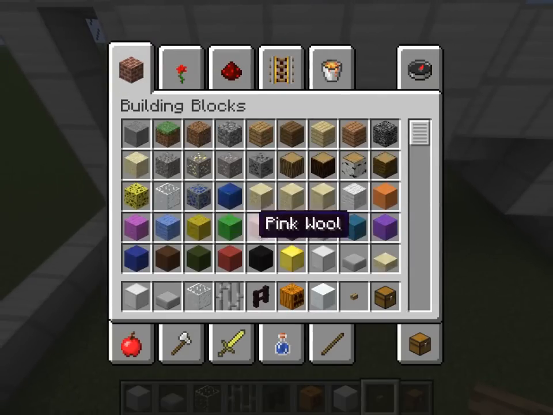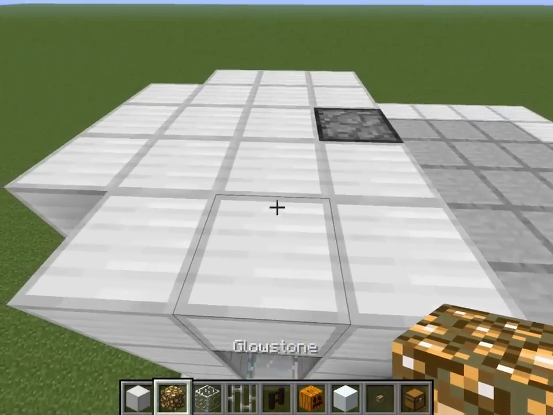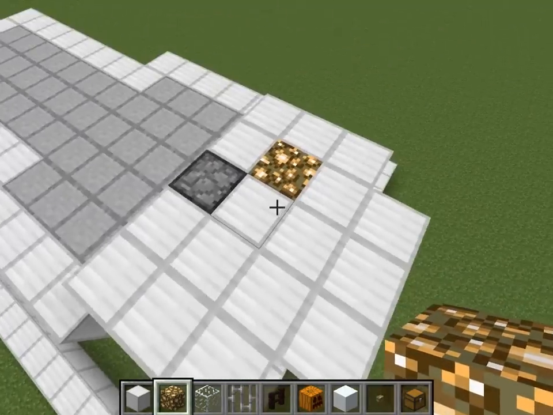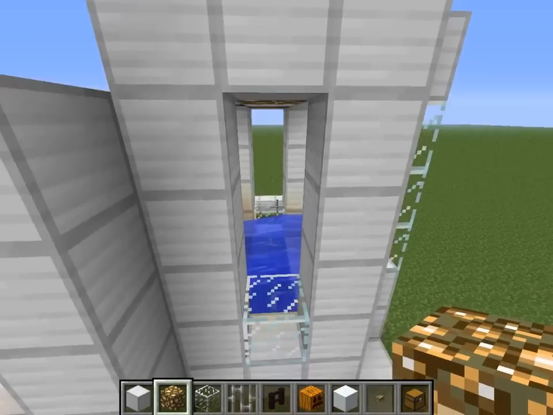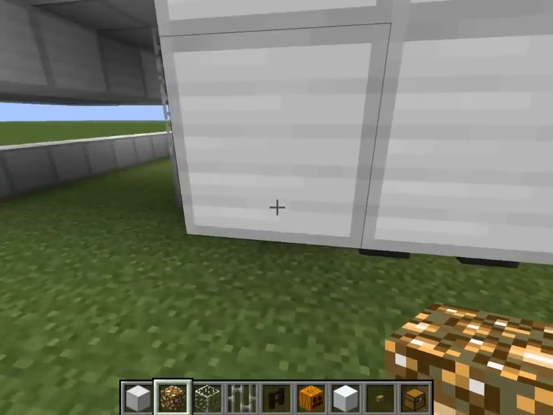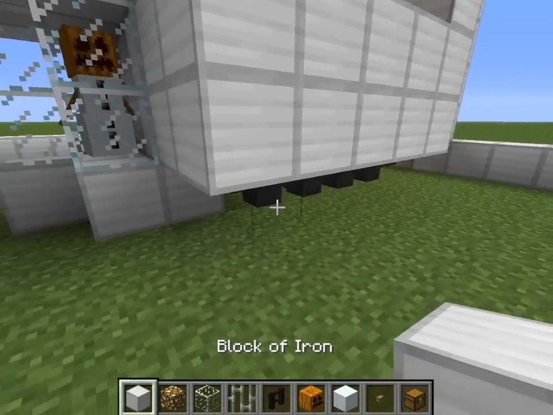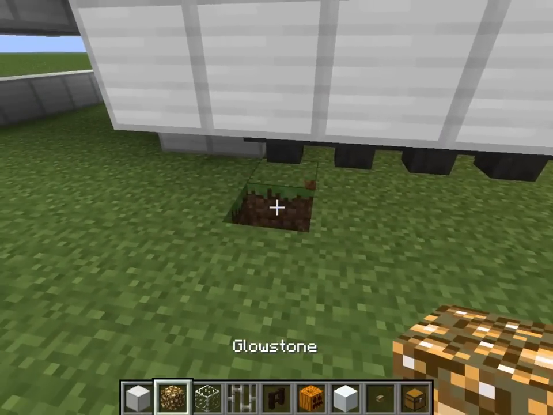Get yourself some glowstones and kind of give it a nice, like so, just so you can have light down below. Put in some lights. You can actually place the lights down below here